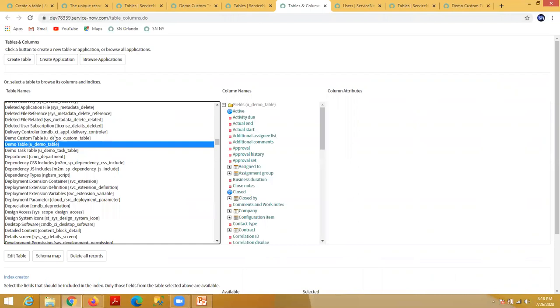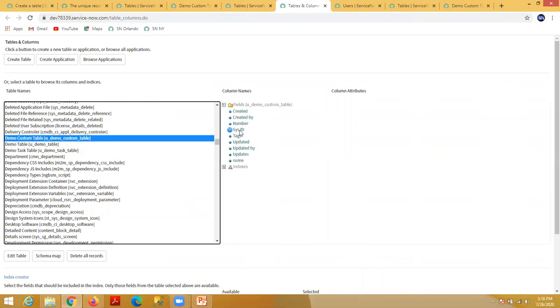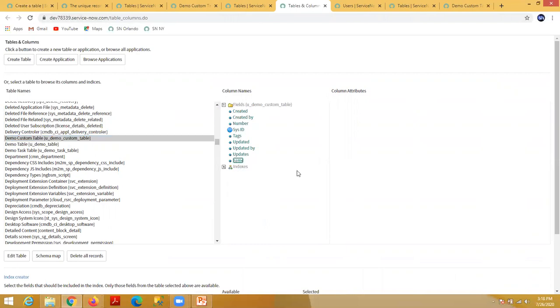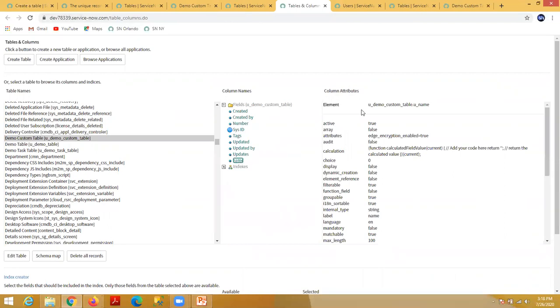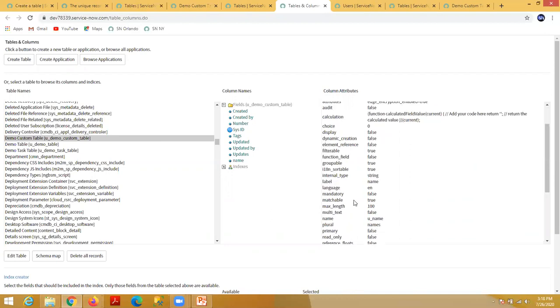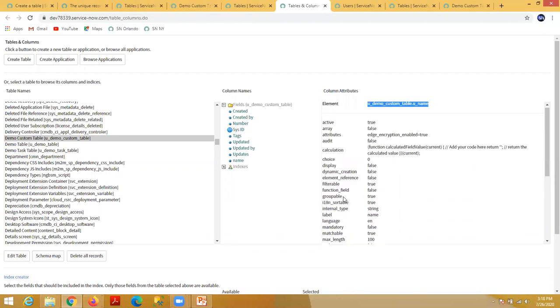These are the fields available in the second section, and this is the custom field. If you click on the name, you will see the element u_demo_table.u_name, and this is the detail of this particular column. You will see the internal type, whether it is mandatory or not, and the type of that column, string.